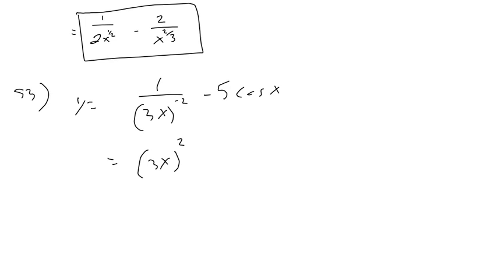Negative exponent's in the wrong spot, put it to the top. 3x squared minus 5 cosine x. And now I can just do some simplifying, right? Give each one of these the squared. This is going to be 9x squared minus 5 cosine x, right? Just distribute the squared,